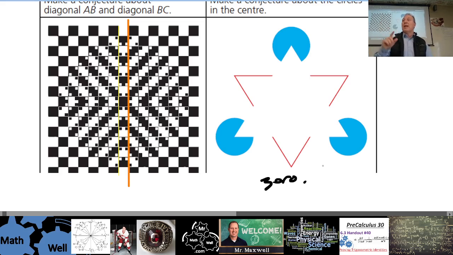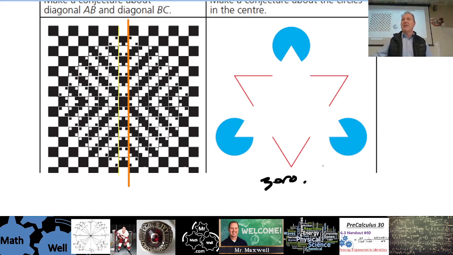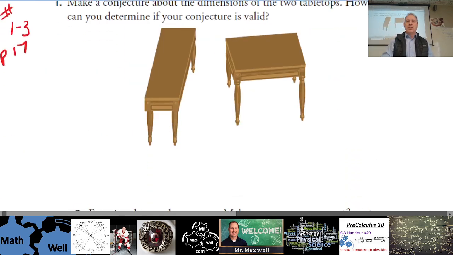So this is a really good example, guys, of how you have to test things. Test things out. If there's some kind of standard that you can measure things by, a ruler, a protractor, a clear definition like the definition of a triangle, a calculator, that's how you can test the validity of conjectures.